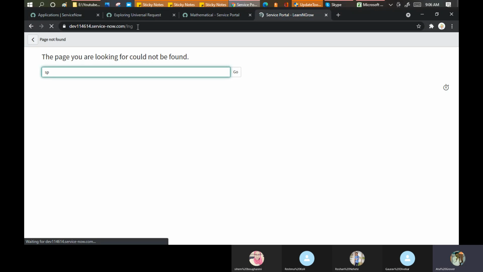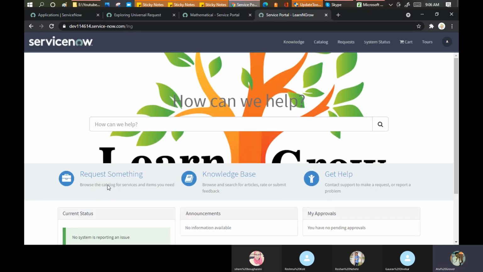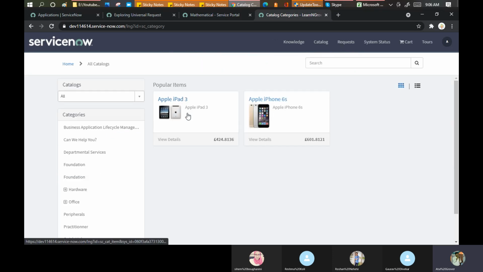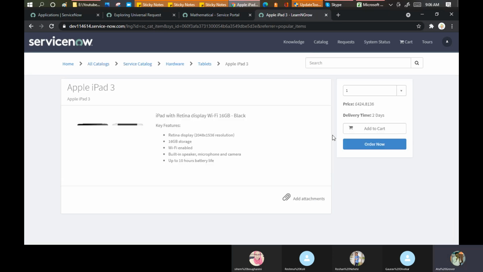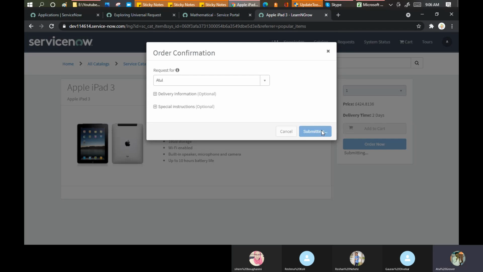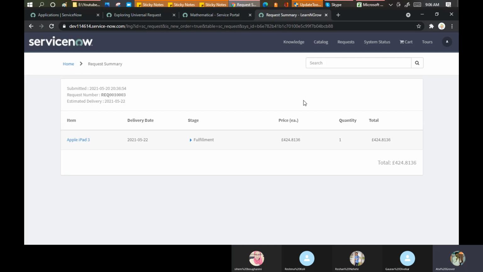When we order something, when we request something, suppose I'm requesting something from here, let me say I order an iPhone. I click order now, check out. When I click on the submit button, how and where does it go for the approval, and how will my system understand?